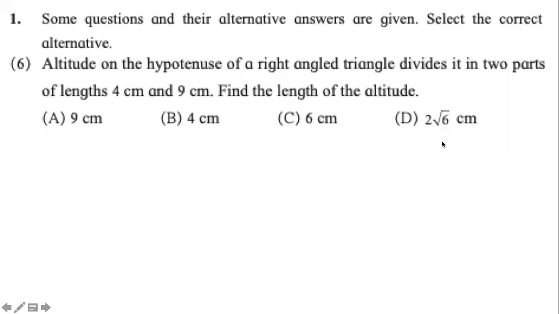The next question is another word question, but it is geometry. It is Pythagoras theorem. It says altitude on the hypotenuse of a right angle triangle. Huh? So complicated. No, it is not. Maths is easier than English, Marathi, Hindi. Altitude, hypotenuse, right angle triangle divides it into two parts. Two parts से आपको याद आना चाहिए. Theorem of geometric mean of lengths 4 and 9.